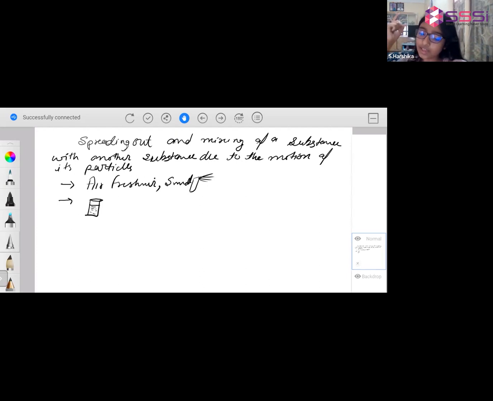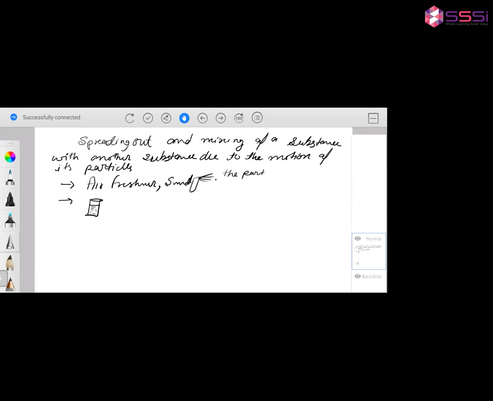When we press it, a liquid comes out, and the liquid will spread out as a gas and become a gas, and then it would mix with the air around it and move.